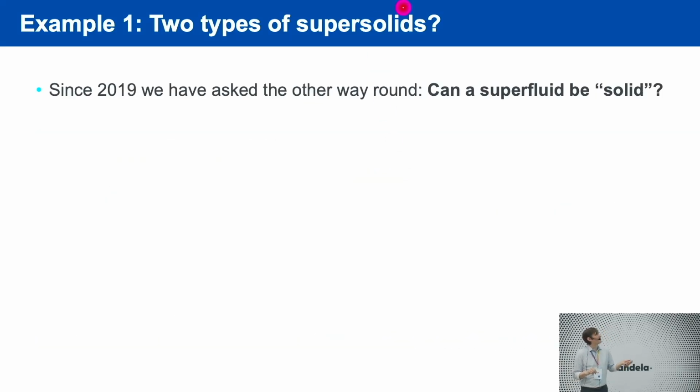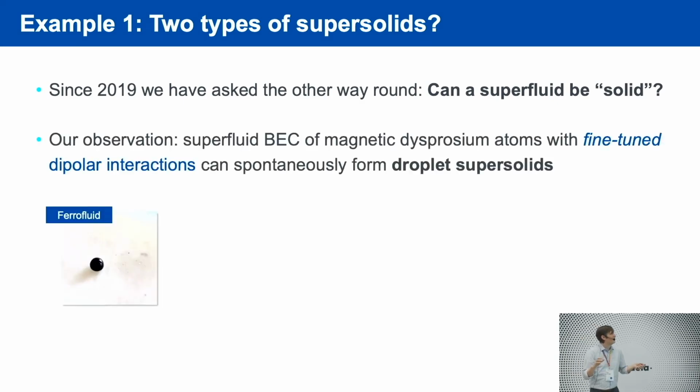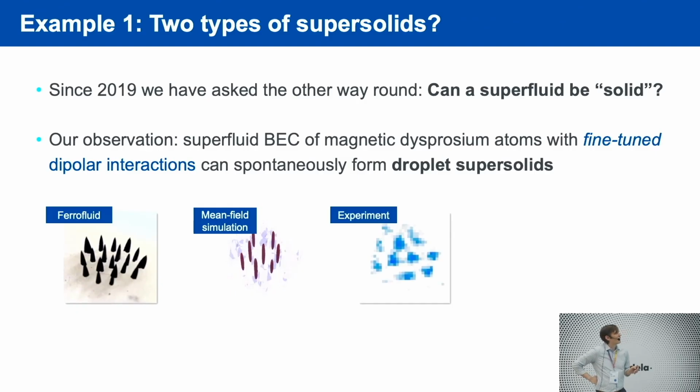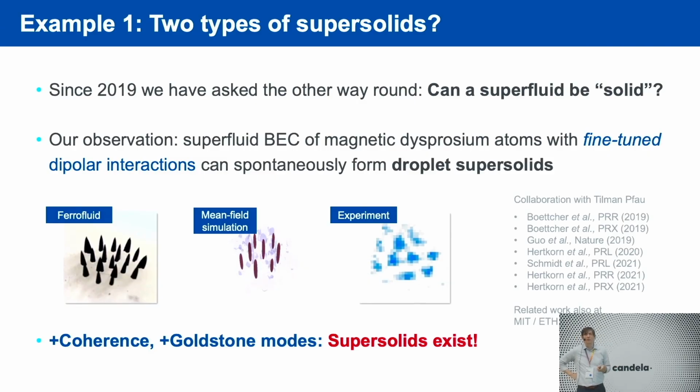Now, in magnetic quantum gases, we've investigated this question the other way around. Can a superfluid be a solid? And there were a lot of experiments. You can always recreate this like with simple ferrofluids. This is essentially the experiments that you've seen yesterday with molecules in a very basic fashion. There's some symmetry breaking, there's droplets forming, and so on. These droplets you can simulate on the mean field level very easily. So Luis, for example, was one of the founding fathers of this. And then experiments reproduce this, and there's a lot of things that have been done both in our group in Stuttgart and in Francesca's group and in Pisa and Florence also. Supersolids do exist in that form where you have these droplets.